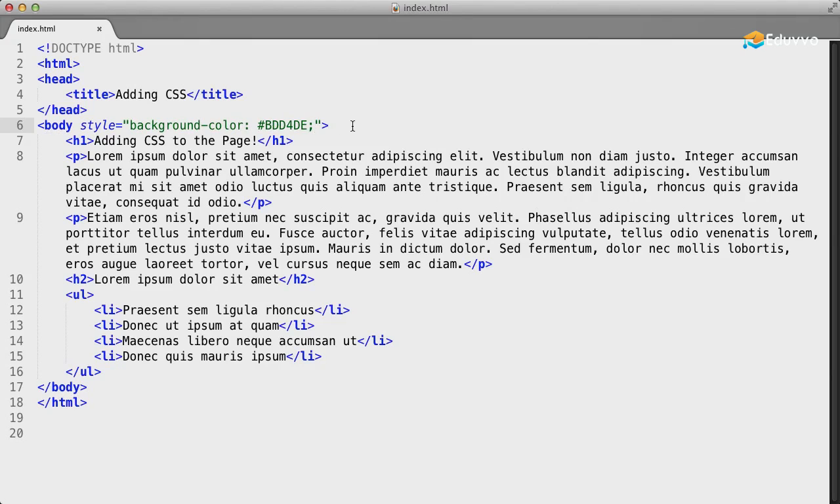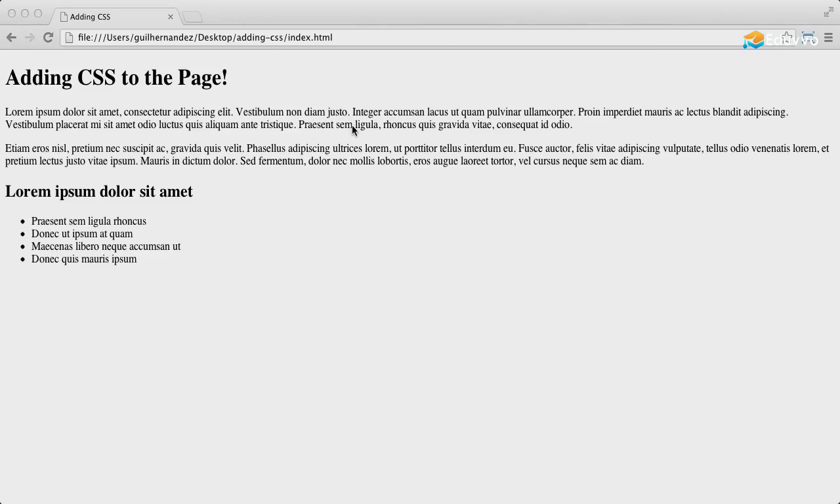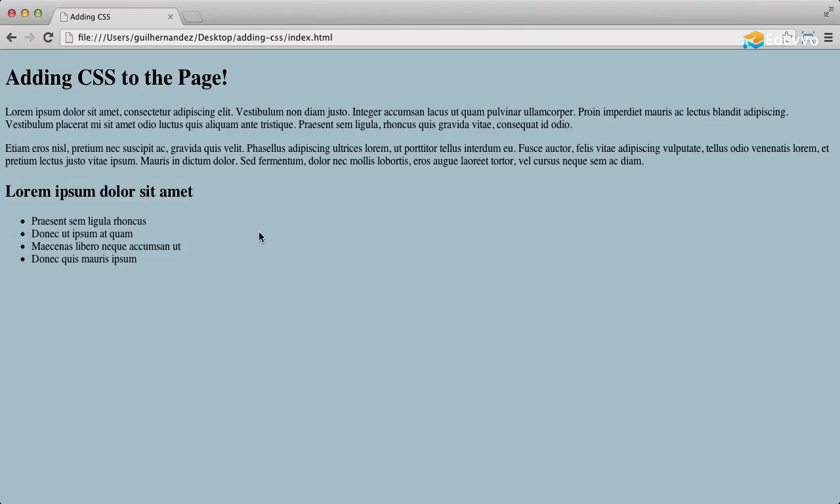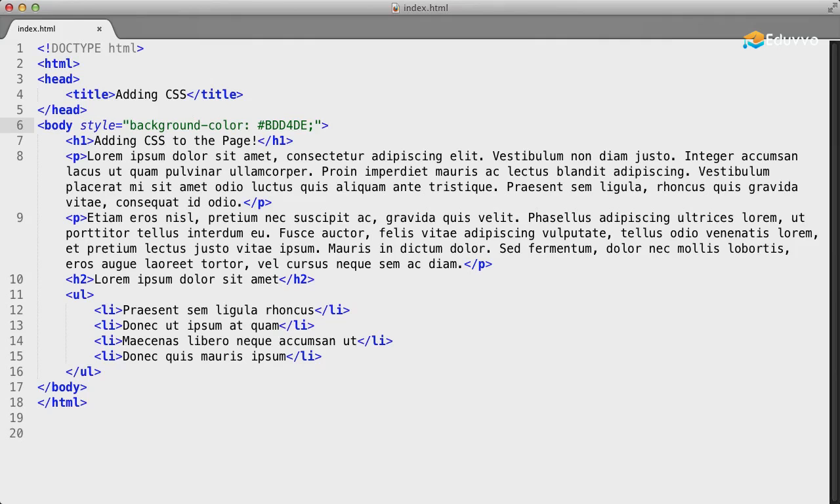So I will go ahead and save this page and take a look at it in the browser. And when we refresh, we can see how that inline style made the background color of our page a light shade of blue. Back in our HTML file, if we add another style attribute, this time we'll go ahead and